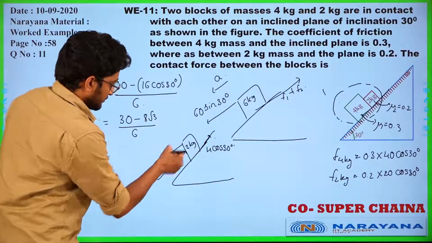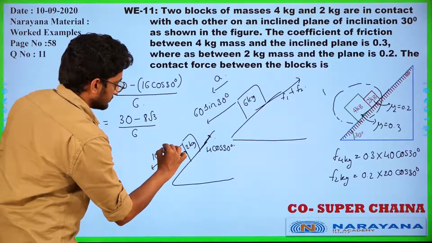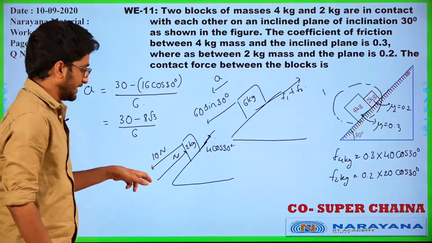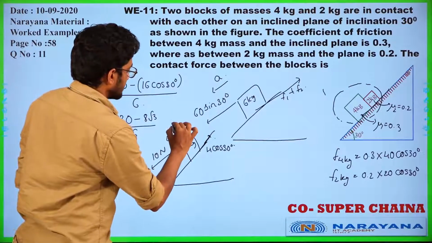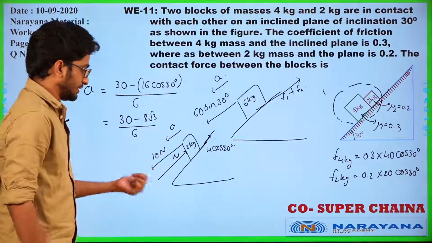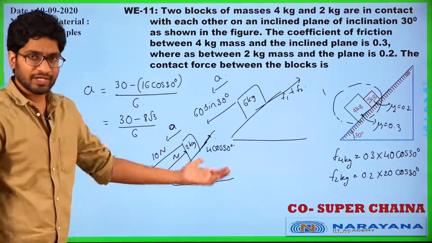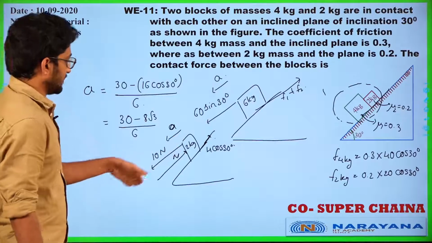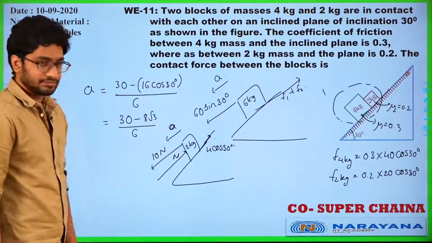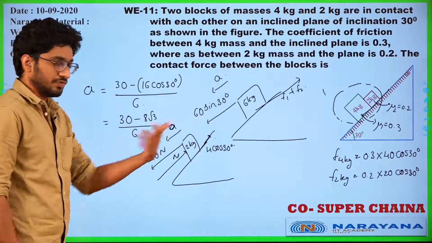Right? So this weight component is 20 sin 30, that is 10 newtons. This is the component of the weight, and normal is acting in the upward direction. Together, I know it has an acceleration A. As an effect of all this, it has an acceleration A downwards, because both are moving downwards. So both have the common acceleration A. So here I can write a force equation. Net force acting on them is m into A. So what's the net force in the downward direction? 10 minus N minus 4 cos 30.